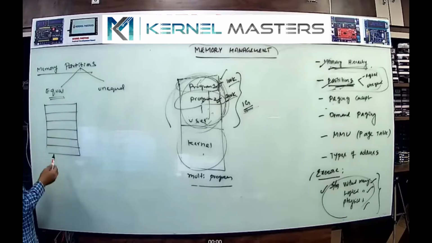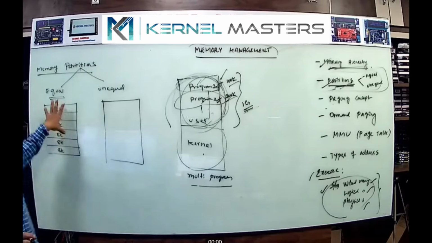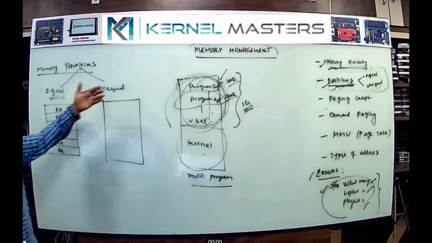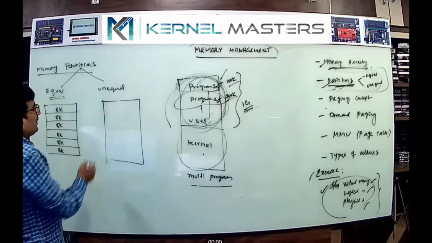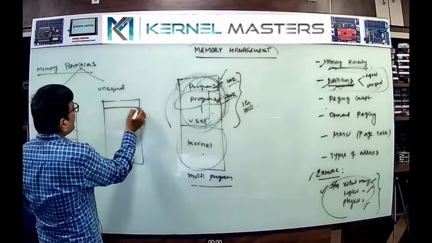Each size is 8 kilobytes. My assumption is just equal partitions. And what is unequal? Whatever memory is available. Unequal partition, okay. The meaning of unequal: one is 8 kilobytes, other one is